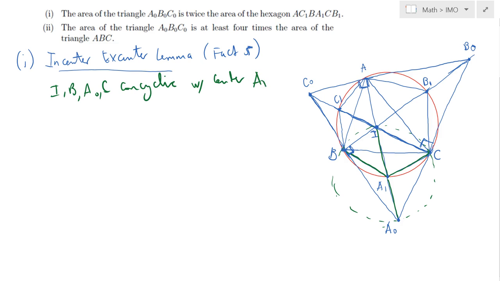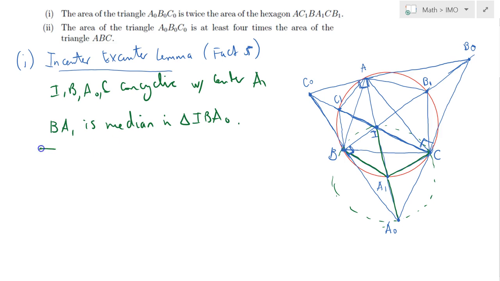But what it means is that if you focus on triangle IBA0, this right triangle here, BA1 is the median of this triangle. So BA1 is median in triangle